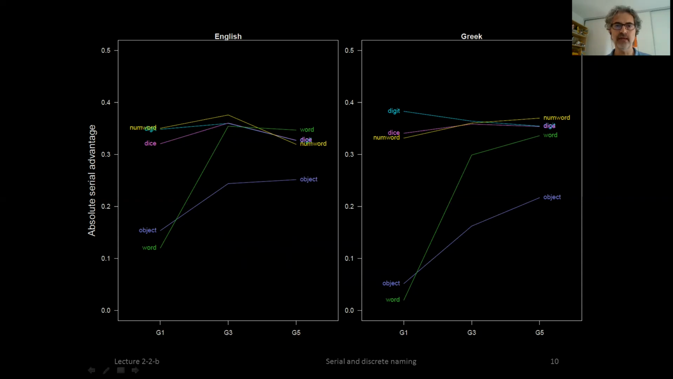And what you're looking at here is the serial advantage. So how much time per item is gained by going from a discrete presentation to serial presentation. In other words, how much faster children can do the serial naming tasks compared to the discrete naming tasks per item. So it looks like children gain about a third of a second by doing it serially when they have to name